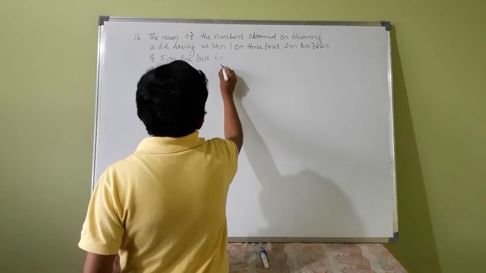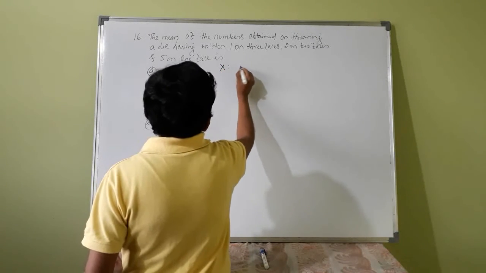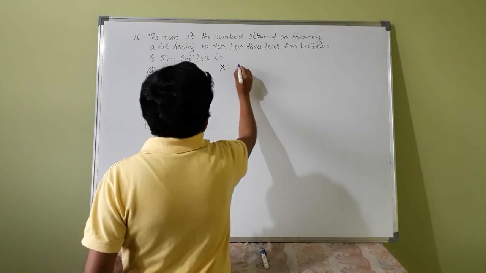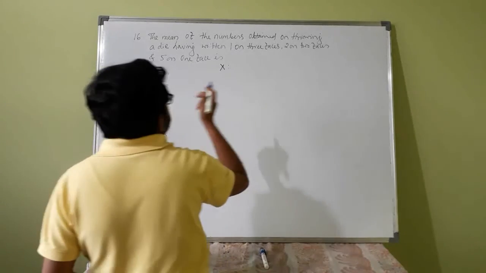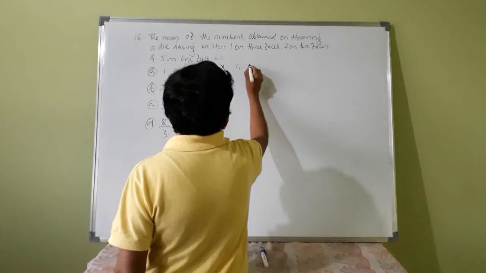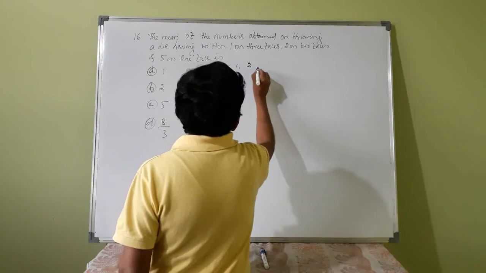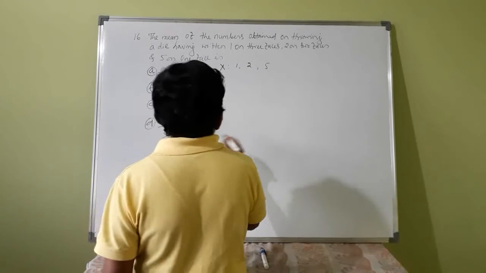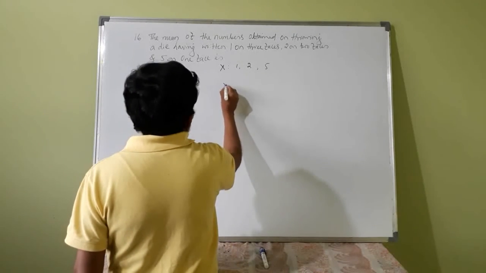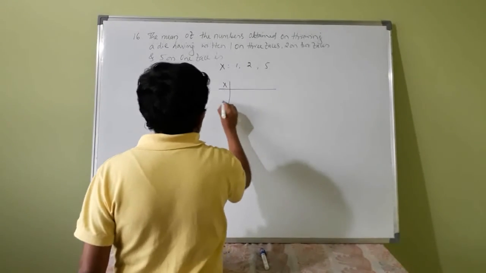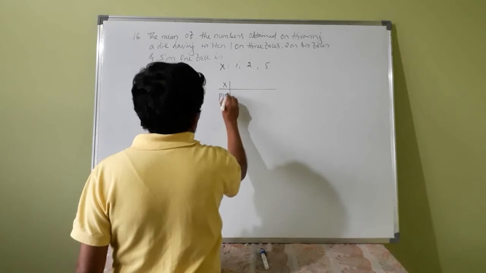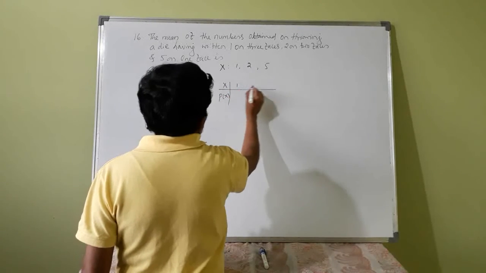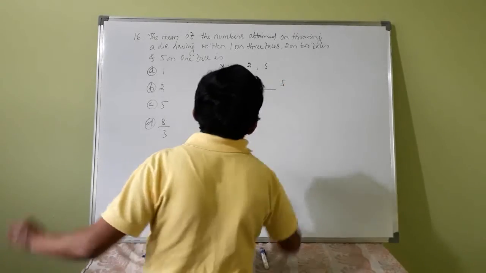See, x may be, which one, written 1, 2 and 5 only. Now probability distribution of